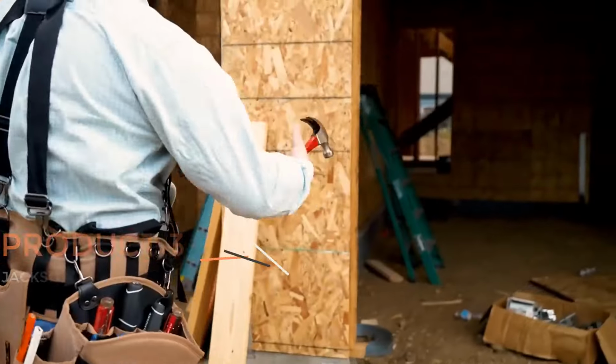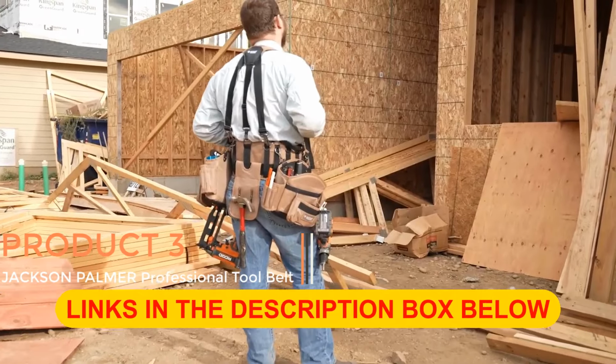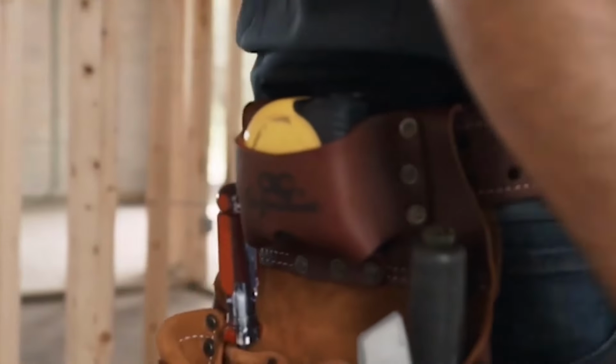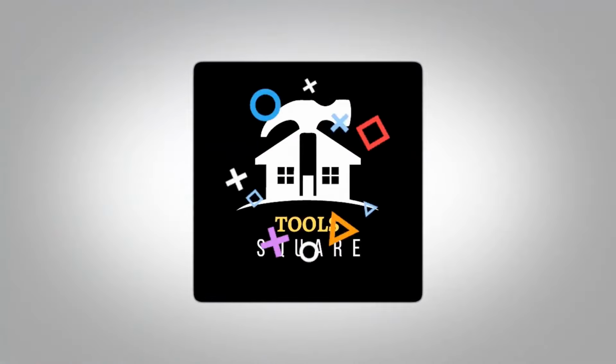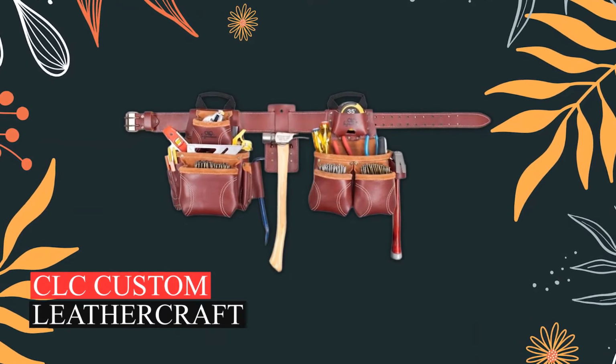Product 3. Product name: Jackson Palmer Professional Tool Belt. The Jackson Palmer Professional Tool Belt is a versatile and durable tool belt designed for professionals in various trades. Constructed with high-quality materials, this tool belt is built to withstand the rigors of daily use, providing both comfort and